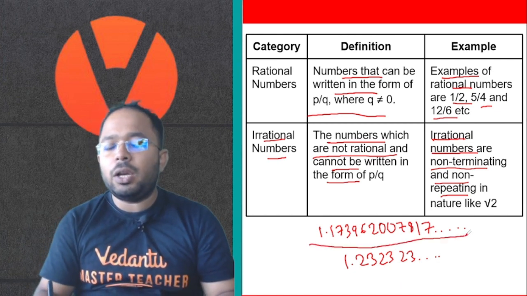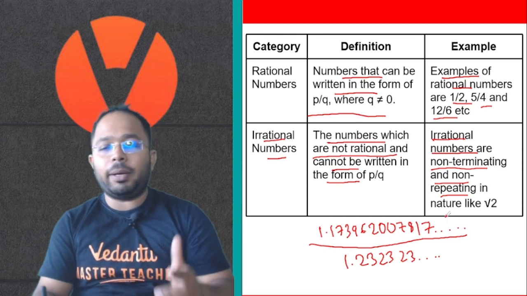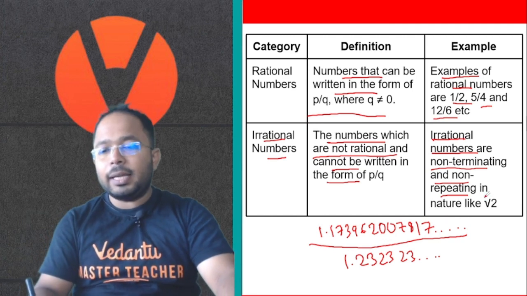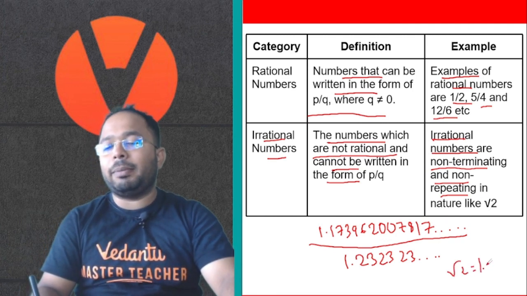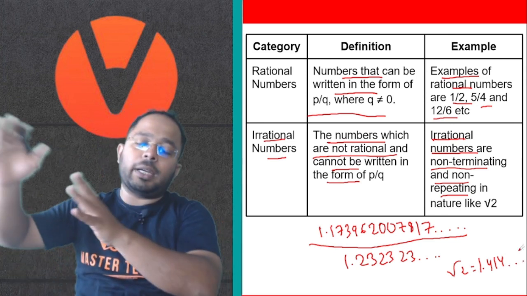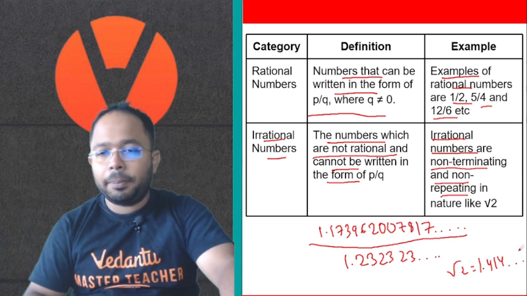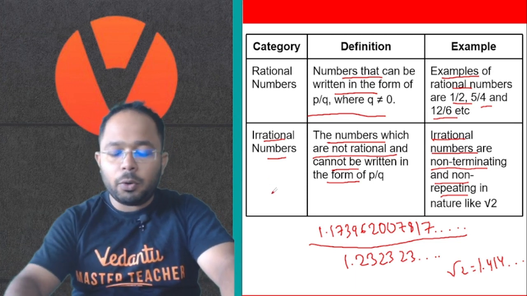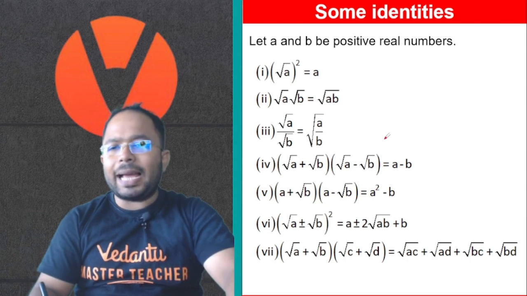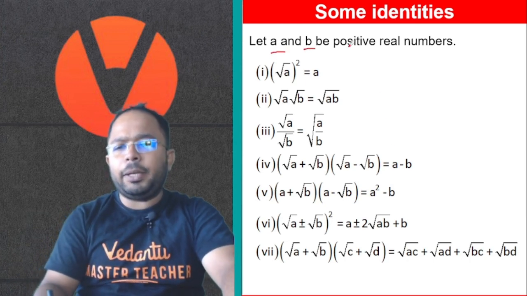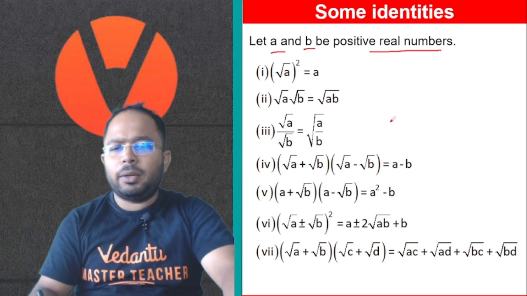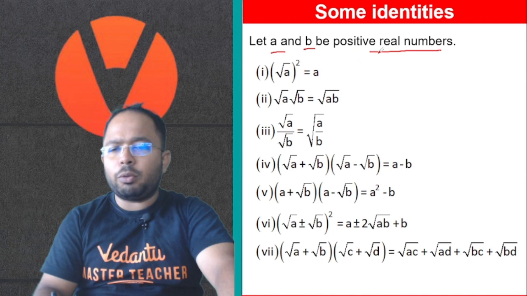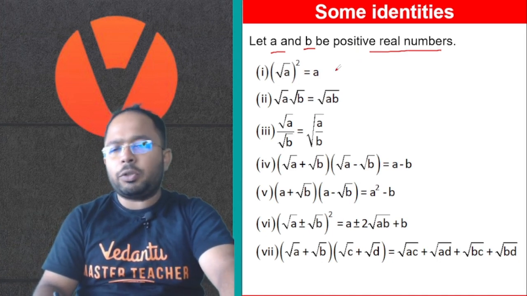बट ये क्या है, नॉन टर्मिनेटिंग के साथ साथ, नॉन टर्मिनेटिंग मतलब रुक नहीं रहा है और साथ में रिपीट भी नहीं हो रहा है। ओके, जैसे √2 हो गया, √2 को अगर हम लोग डेसिमल में लिखे तो 1.414 चलता ही जाएगा, ये अलग अलग नंबर्स आते रहेंगे। सो दीज आर इरैशनल नंबर्स। ओके, अब कुछ हमारे पास आइडेंटिटीज हैं। अगर हम लोग a एंड b को पॉजिटिव रियल नंबर्स मानते हैं, क्योंकि अंडर रूट के अंदर हम लोग पॉजिटिव नंबर्स लेंगे तो ही वो रियल कहलाएगा।